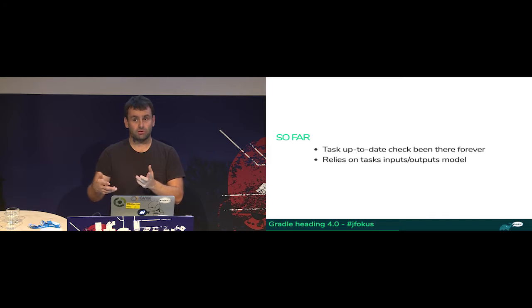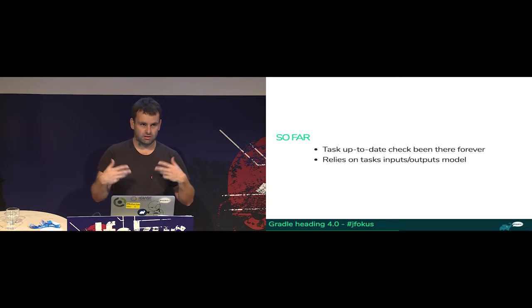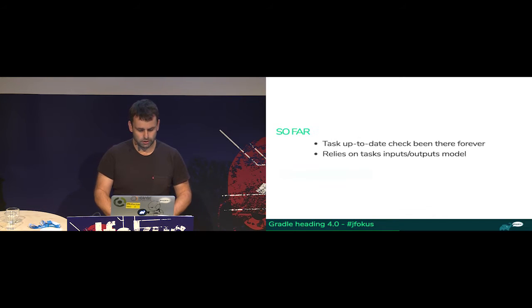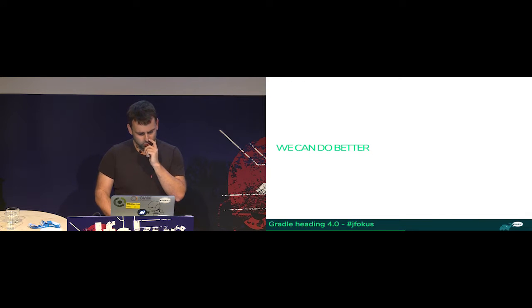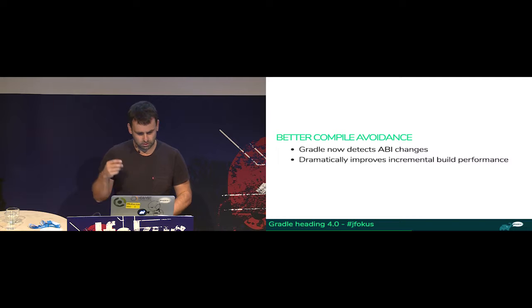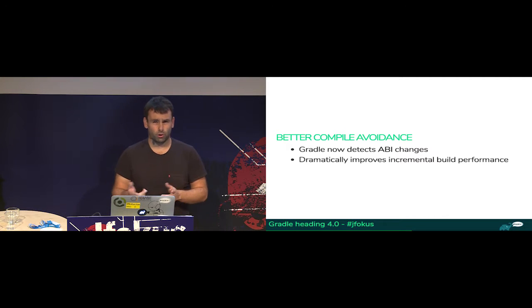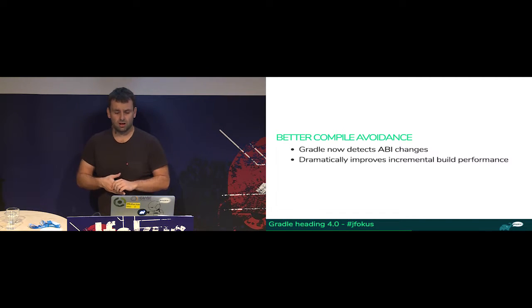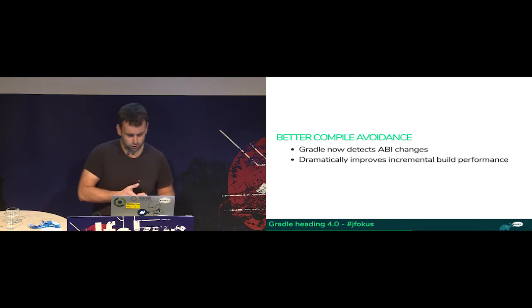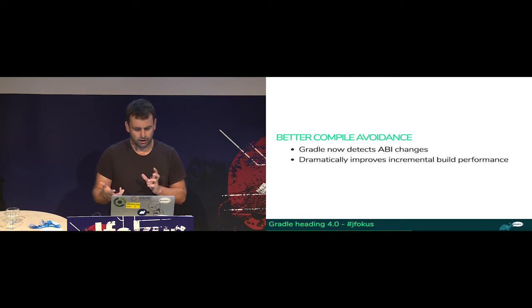Because your class paths change for the further compilation steps and so on. So especially if you have huge multi-project builds, that adds a lot of overhead, especially for the guys working on the core. So we think we can do better and improve the way the compile avoidance work, or the up-to-date check in that case. So what we introduced in 3.4 is that we now detect application binary interface changes and only trigger the rebuild if the